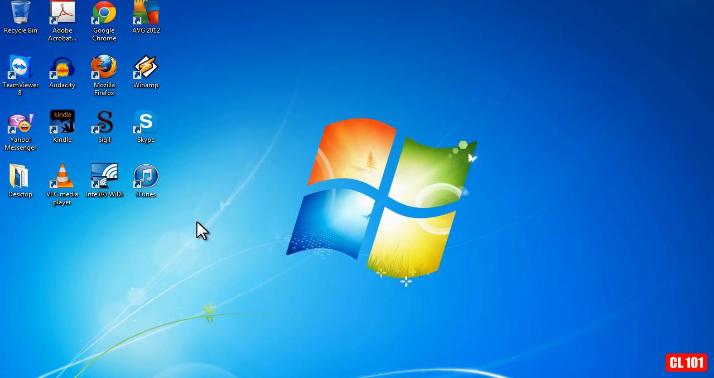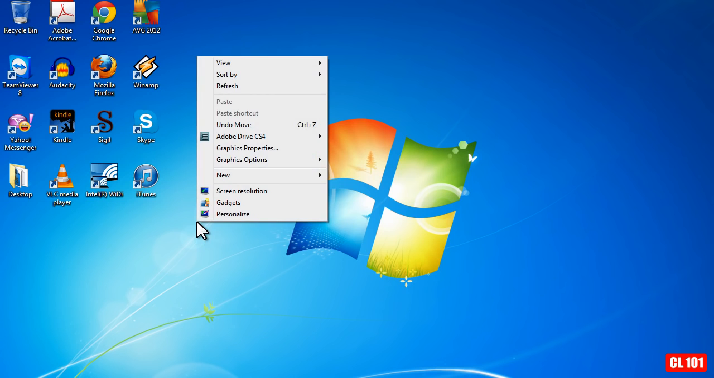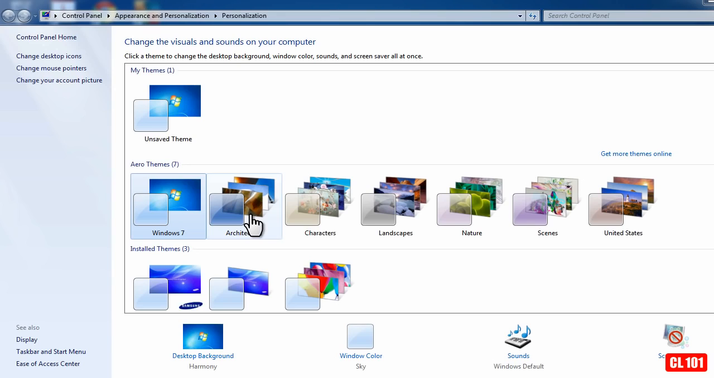Hello, today I'm going to teach you how to speed up Windows 7. First, you need to be able to see your desktop. You are going to right click on your mouse and it'll bring up this little window. You're going to click on Personalize, and if you've never changed your Windows theme, it will be the default arrow